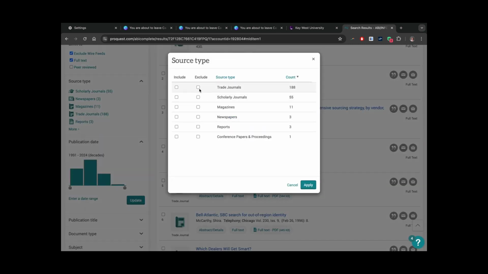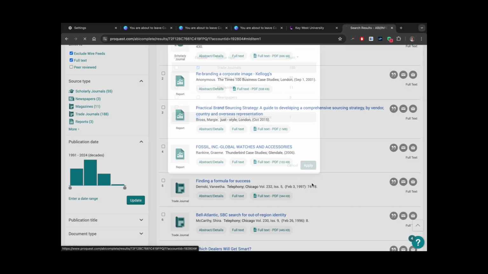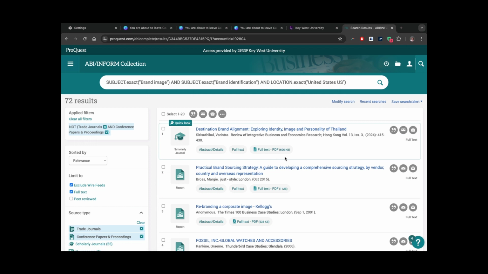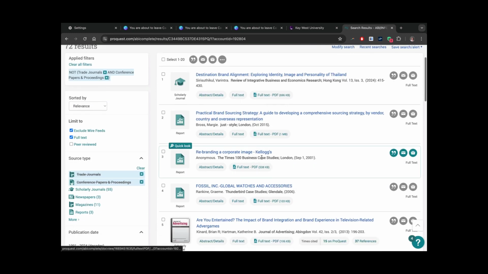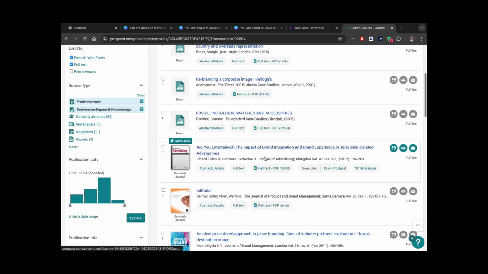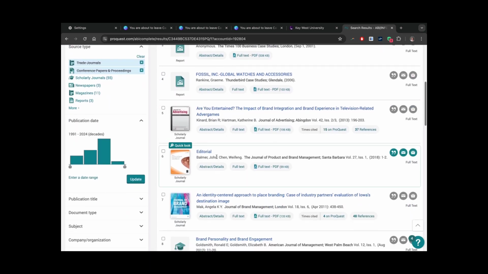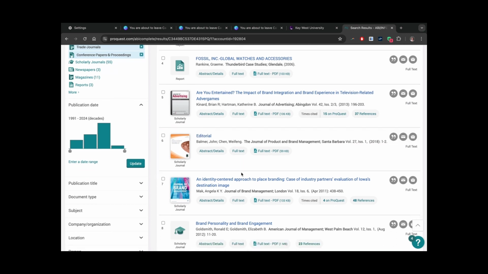And I want to exclude trade journals and conference papers and proceedings. And then we're coming up with that same article that had displayed earlier. Here's something on rebranding a corporate image. If you were doing a search on rebranding, that might be relevant. Let's see. There's an editorial, so that would not be something that would be relevant,